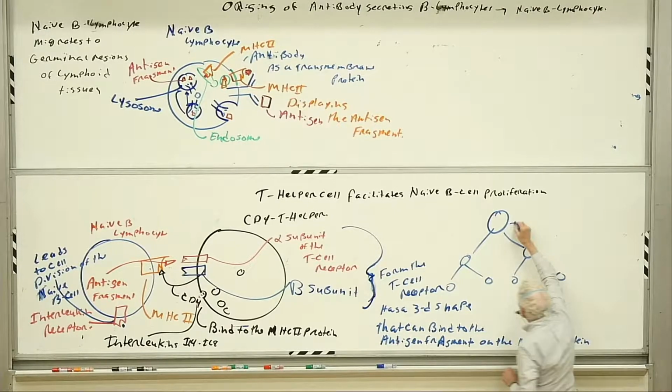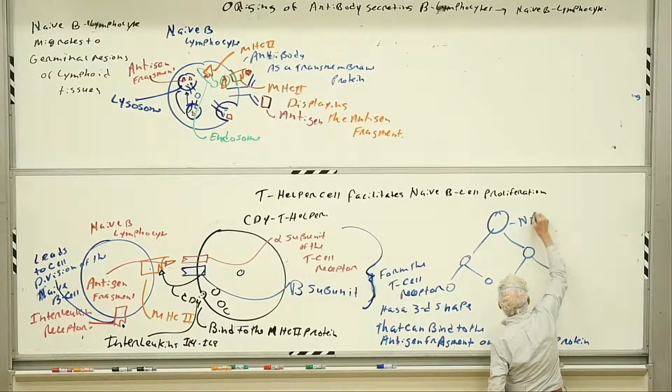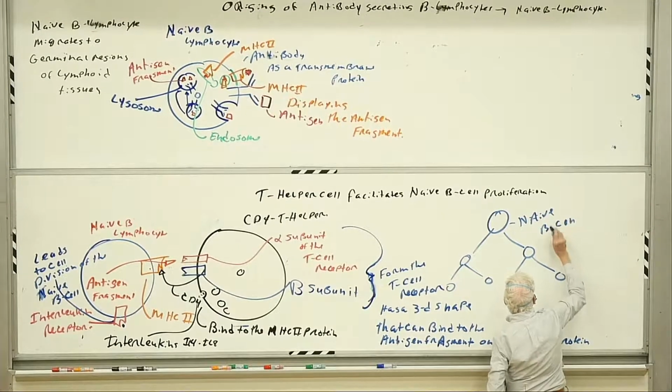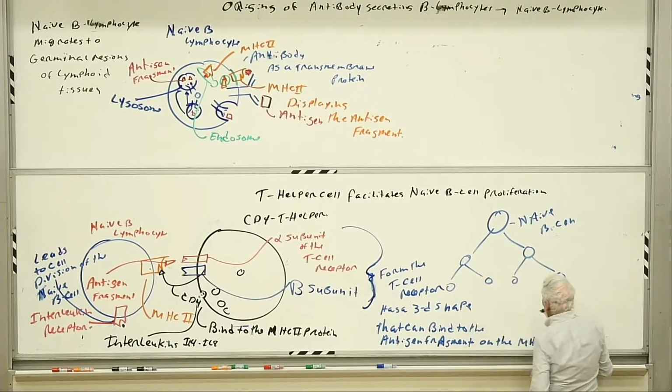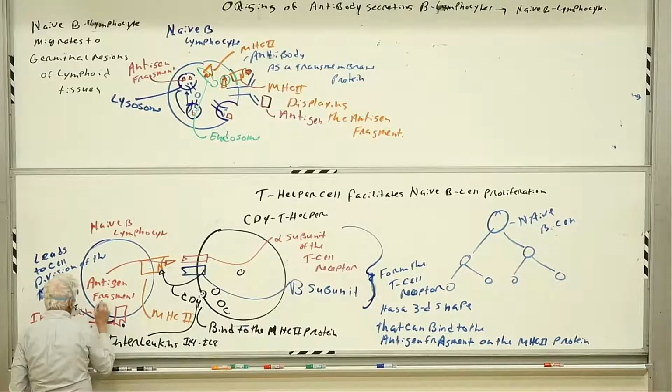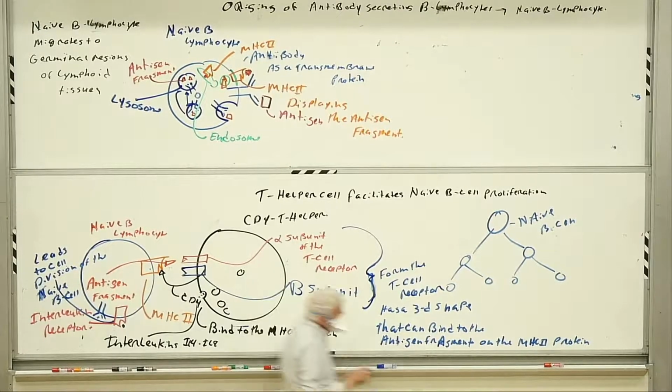So this is the naive B cell, and these are the progeny. And after a few cell divisions, we go from having a transmembrane protein here as an antibody to eventually we'll